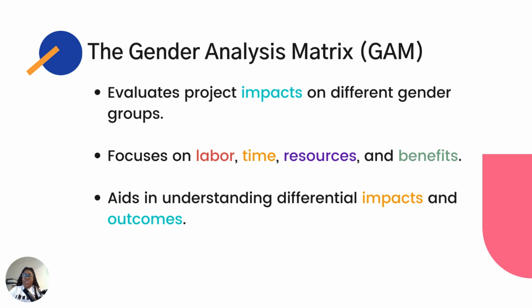How does a project change the labor input required from men and women? Does it affect how time is spent? What about access to resources and the distribution of benefits? This matrix helps us discern the differential impacts and outcomes on various gender groups, ensuring that development projects are equitable